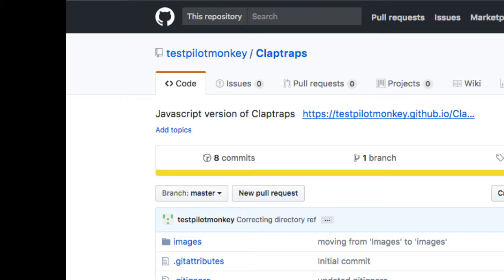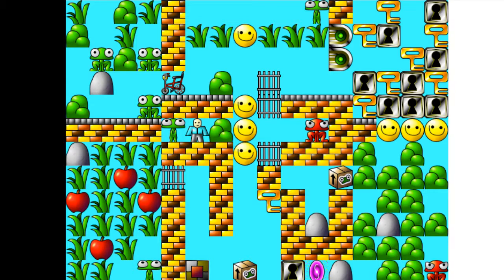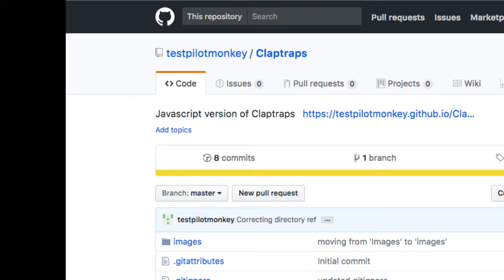Just one thing I've realised on here. If I push escape to get to the editor, I haven't documented this at all. You have to either look into the code or figure these things out yourself. But if you push escape, you can get to the editor. If you push backspace, it would normally save. Actually, it's done it. Oh, but it goes back a page as well, because of course that's what backspace does